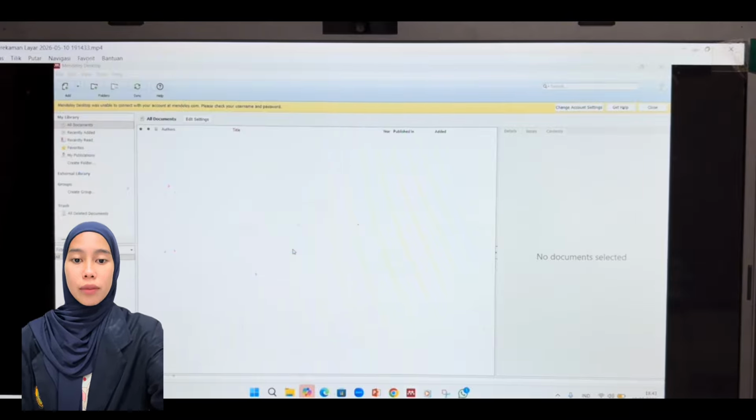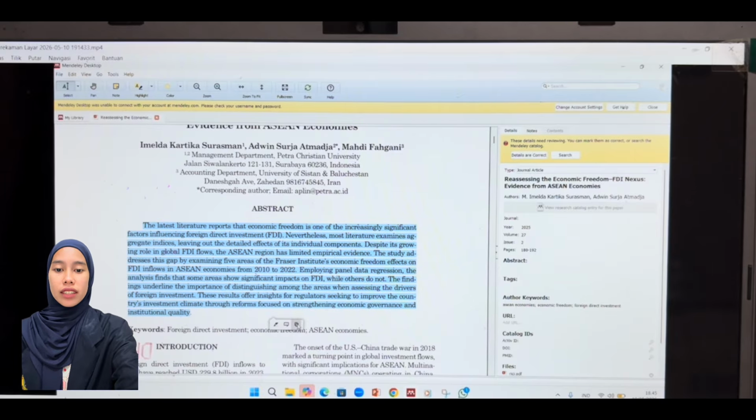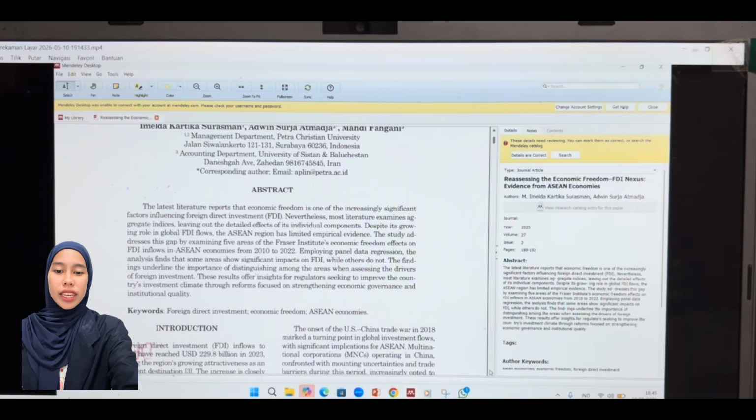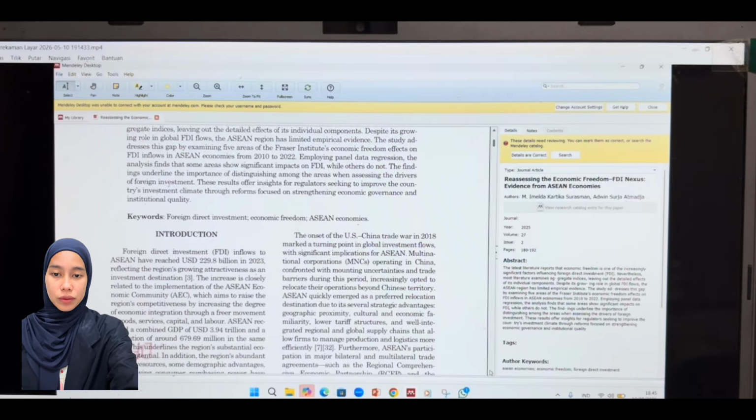Title and author: assure the title and author names match the PDF document. Journal identity: double check the journal name, publication year, volume, and issue number. Remember, friends, our accuracy at this stage will determine how neat our bibliography will be in Microsoft Word later.